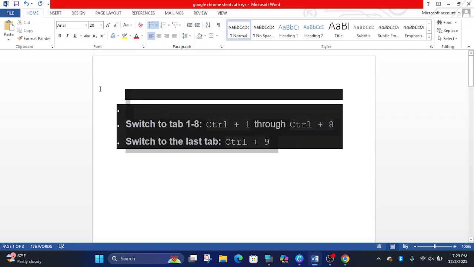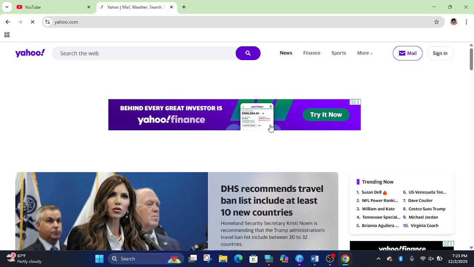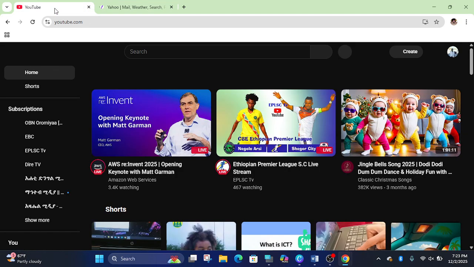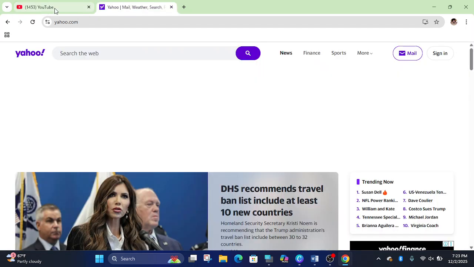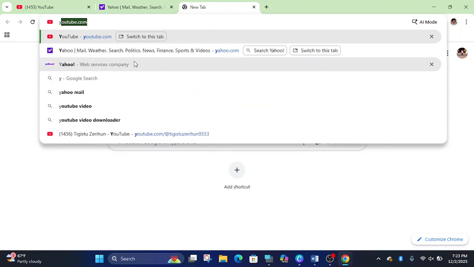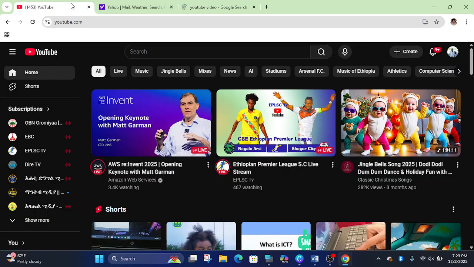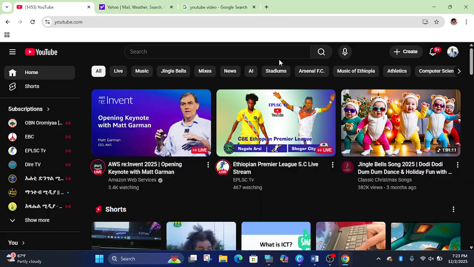To go to the last tab, Control plus 9. Here I am on the first tab, then to go to the last, Control 9. If I have many tabs, to go from the first to the last, Control with number 9.